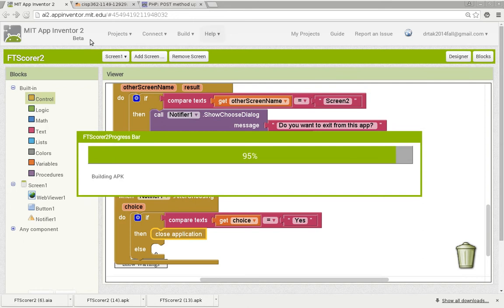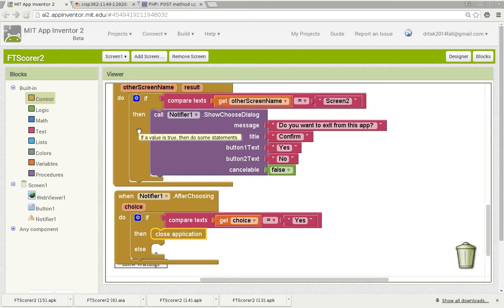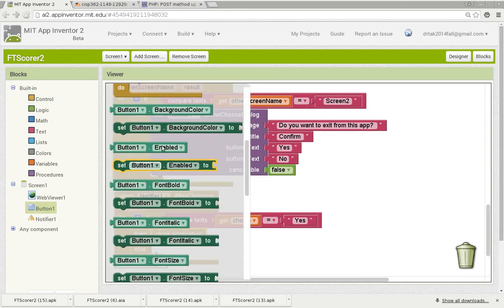You can also see that I hardly need to open up any additional tabs when I'm writing an application using App Inventor, because the helps are pretty much mostly built in already, and I can just click on a particular component and find out what I can do with it. That's not the case when you're programming in Java. So it would not be atypical, especially when you take CISP 362, you will find out that I will have the entire top of the browser filled with tabs, and it won't even be able to tell the title of each